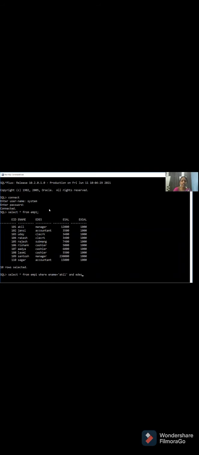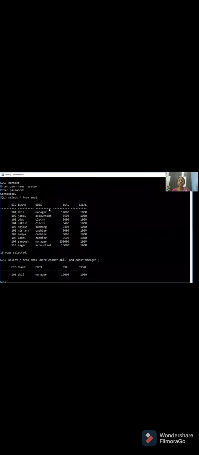Now employee designation is equal to manager. Then press the enter button and run the query. How many rows satisfy these two conditions? Only one row satisfies the conditions. The name of the employee is Akhil, designation is manager, and you also get his salary and excess salary.